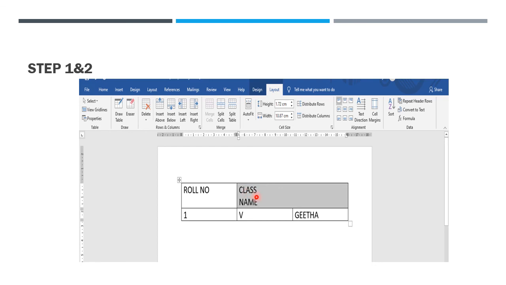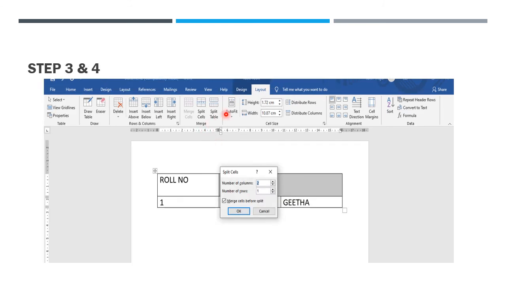I want to split, I want to divide, so first select this cell and click the Layout tab, then click split cells from the merge group. See here, this is the split cell.